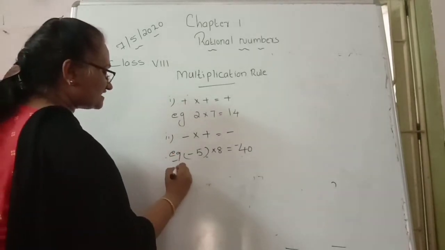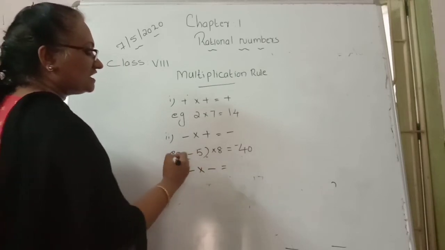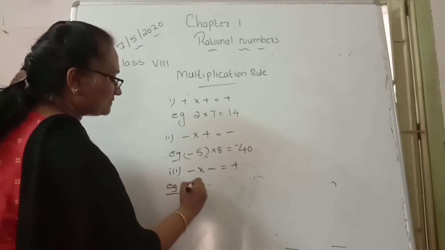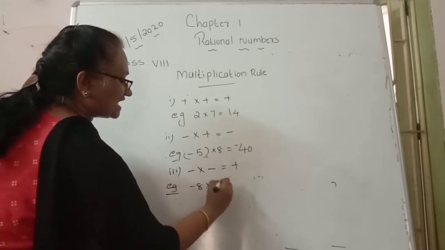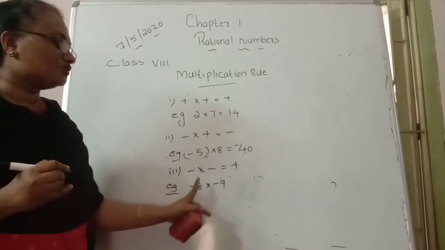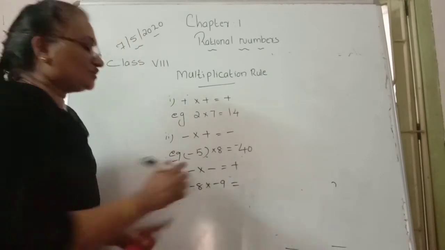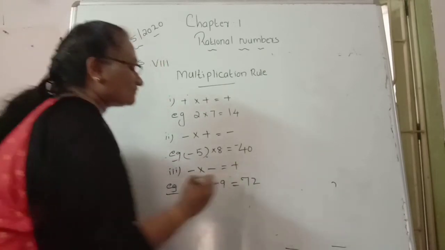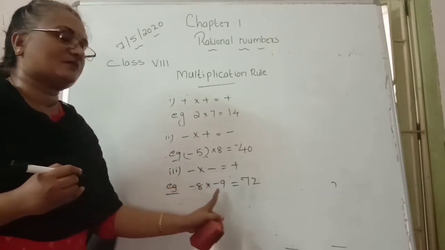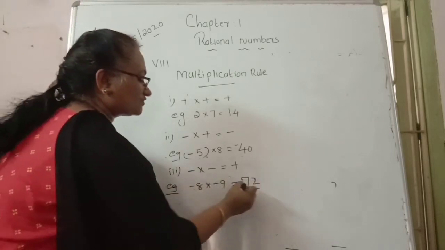The next rule says that when two minus integers are coming, when we multiply we get a positive integer. That means, for example, minus 8 into minus 9, both are negative numbers. So minus 8 into minus 9 becomes how much? First we multiply 8 into 9, which becomes 72. Here see how many times the minus sign is repeated there. 2 times the minus sign is repeated. That's why we get a positive 72 as the answer there.